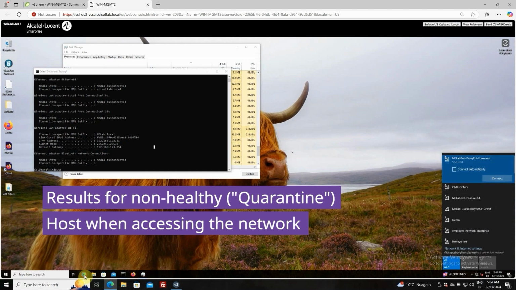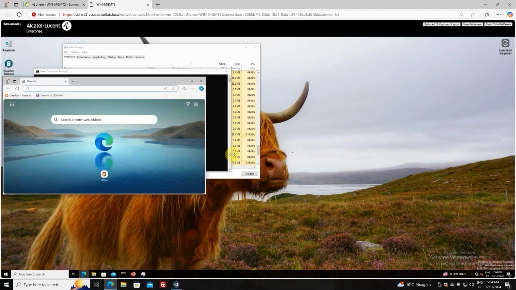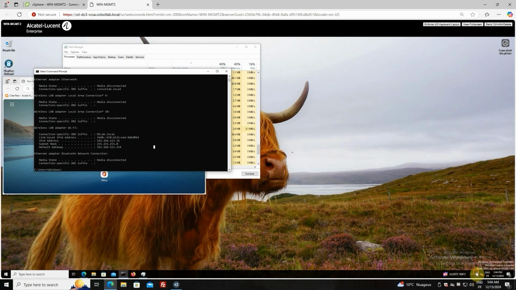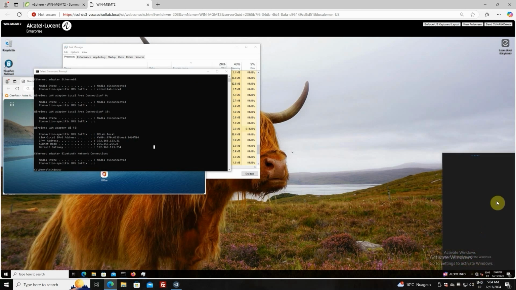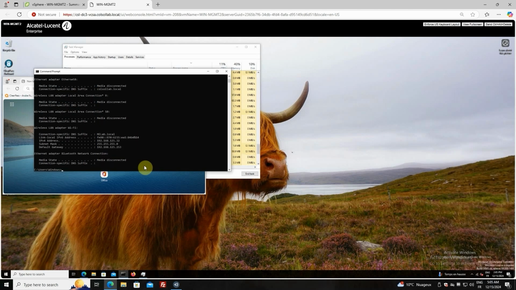Now back on the Windows client. After disconnecting from the SSID and opening Microsoft Edge, I'll try reconnecting to the network to observe the changes. Upon reconnecting to the SSID, the device is now assigned the IP address 192.168.125.32, which corresponds to the VLAN mapped to the ARP quarantine. And returning to the Forescout console and checking the host details, we're going to see that the host